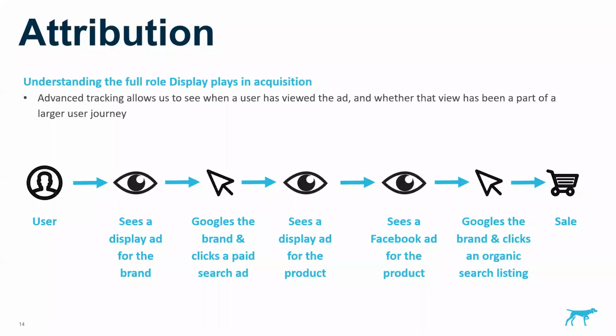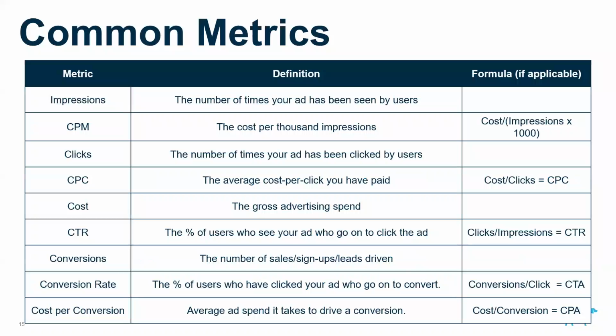A quick chat through the common metrics that will come up in this presentation. Probably the most important is going to be impressions, and again, that's the number of times the ad has been seen. We'll talk a little bit about viewability later on, but an impression isn't just an ad loading, it is an ad being seen. CPM, which is a very common buying metric for display, is the cost per 1,000 impressions. Because display ads usually have so many impressions, they don't buy on an individual impression basis, they buy per 1,000. Then there's clicks, so that's the number of times an ad has been clicked.